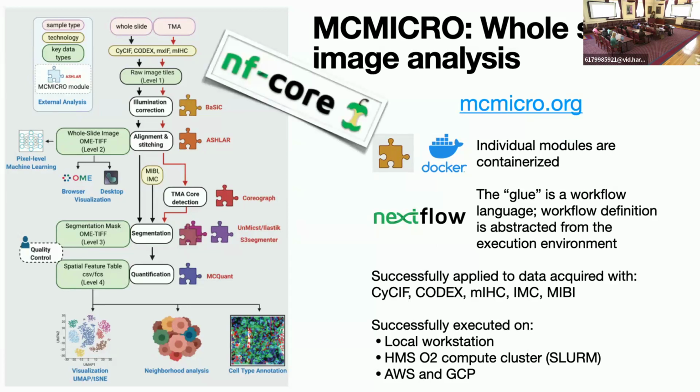So the big news since the last time we've talked about this at this group is we are moving to NF-Core. NF-Core is a community of best practices around Nextflow. Nextflow was sort of a general purpose programming language for pipelines. There's a lot of different ways to do things and a lot of different ways to organize your documentation and your parameters and everything. NF-Core is a community started by some of the Nextflow developers and other folks, especially in